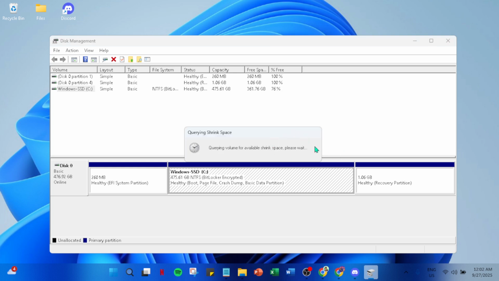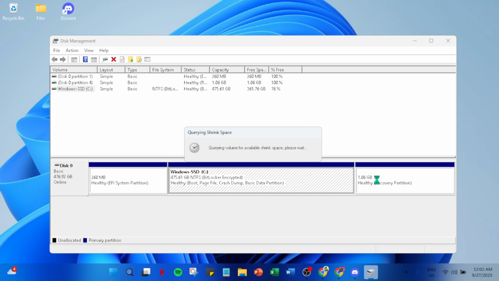This will launch the New Simple Volume Wizard, a helpful guide that will take you through the necessary configuration steps, such as assigning a drive letter and formatting the volume. Just follow the prompts, carefully reviewing each option to fit your needs. After going through the wizard steps, click Finish to complete the process. You now have a brand new partition ready for use. It should be visible and accessible in your File Explorer along with your other drives.